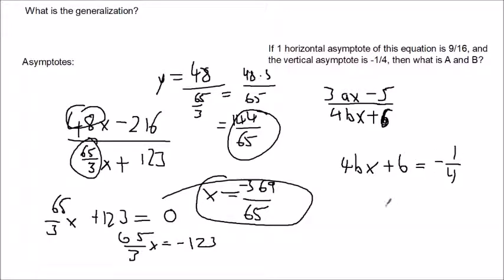So let's subtract 6. We have 4bx is equal to negative 25 fourths. So we have x is equal to